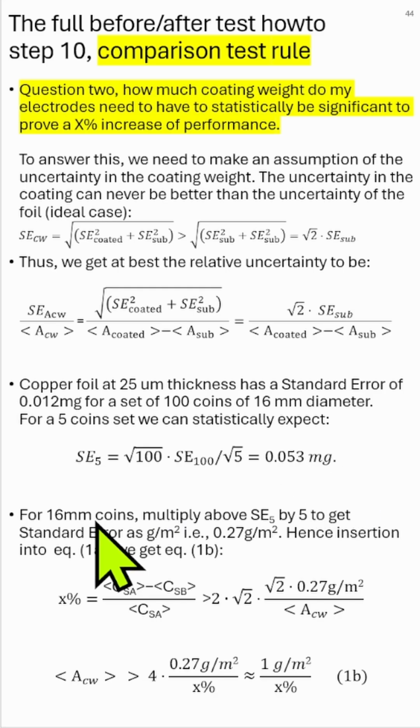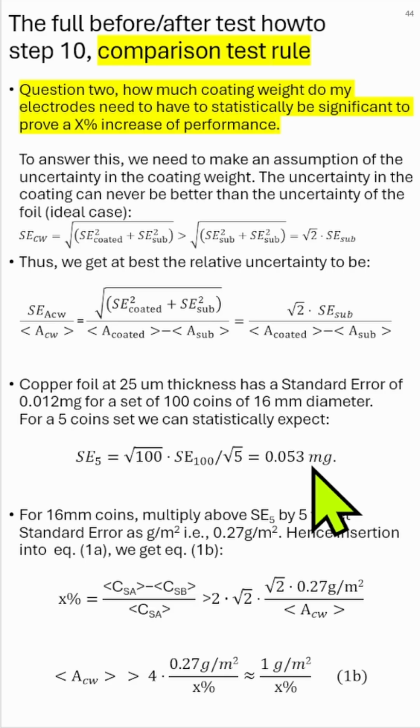So, and if it's 60 millimeter coins, we can convert that to grams per square meter by multiplying by 5. So, if we do that and insert it into the equation above, we see that the boost performance in percentage, the X%, must be larger than 2 times the square root of 2 times the square root of 2 times 0.27 grams per square meter, where 0.27 grams per square meter was that standard error for 5 coins, 0.053 milligrams